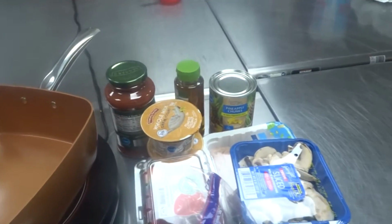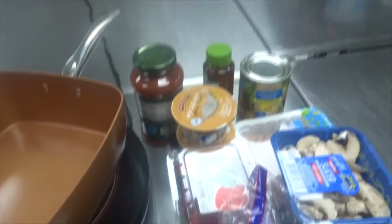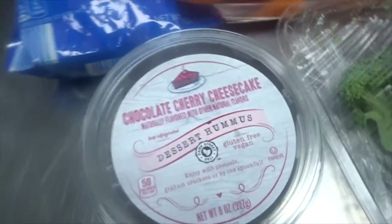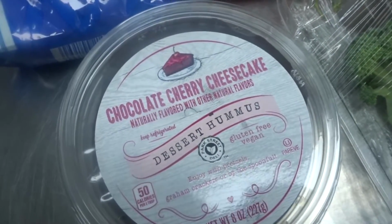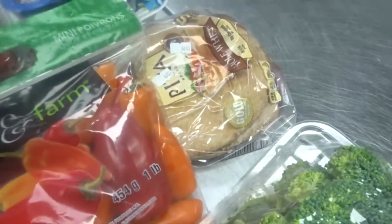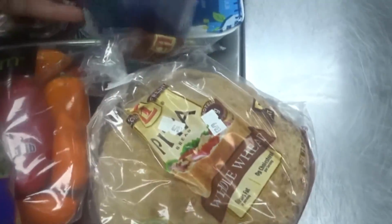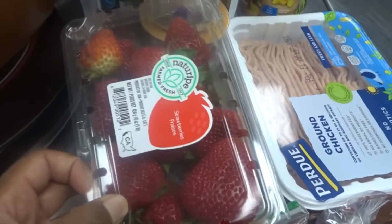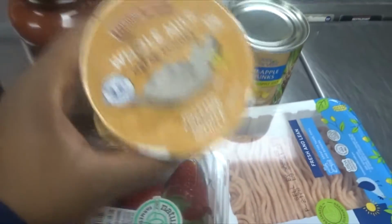Okay, so as was seen in previous clips, these are the groceries that we got today at Aldi's. I got some broccoli, some chocolate cherry cheesecake dessert hummus, which is going to be used for dessert. We have some Parmesan cheese. We have some little peppers. We also have some fresh cilantro, whole wheat pita, some sliced mushrooms, some ground chicken, some fresh strawberries, some Greek